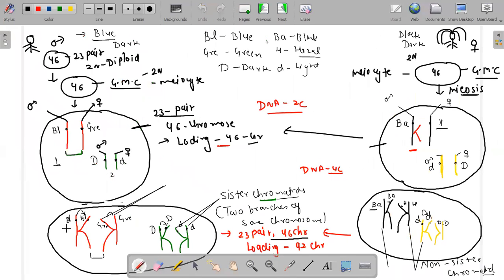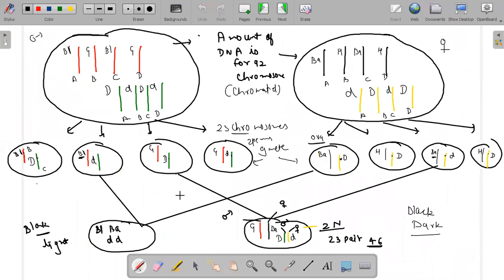In the beginning you have seen that neither mother nor father is having light skin color. Both of them have an allele for light skin color, but the light skin color is not expressible because of this dominant one. And you can see that one of their children is light in skin color.